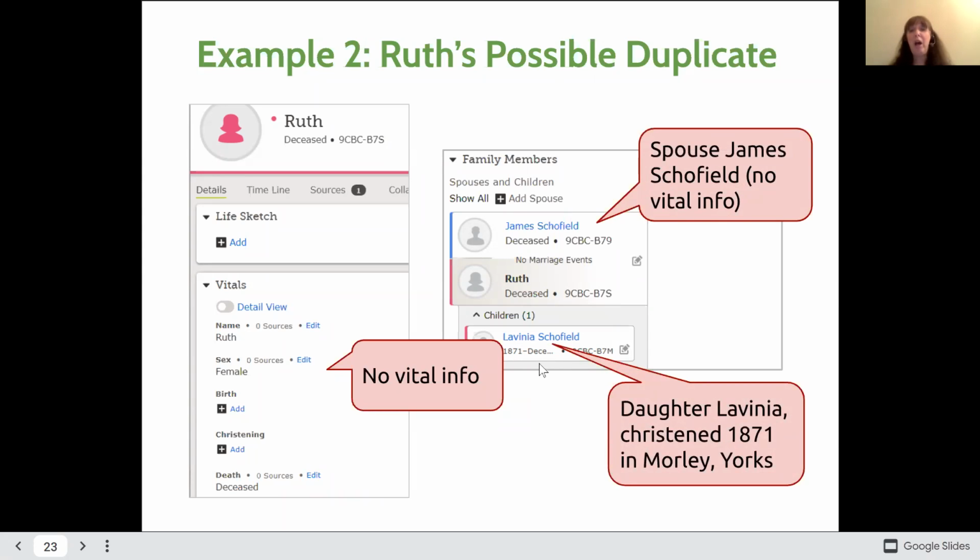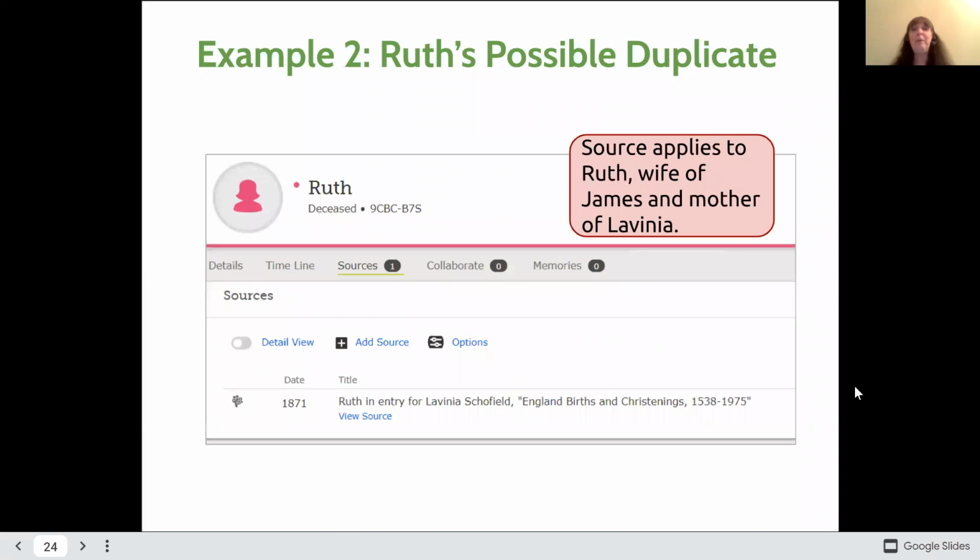And she's got a daughter named Lavinia. She's christened in 71 in Morley, Yorkshire. Now, unless you guys have photographic memories, I'm guessing that you probably don't remember all those other kids because I don't even remember all of them, and I've worked on this case. So I thought it would be helpful in a second,